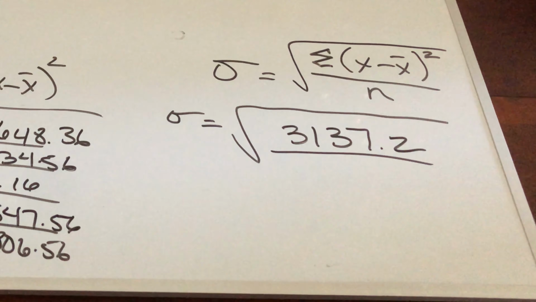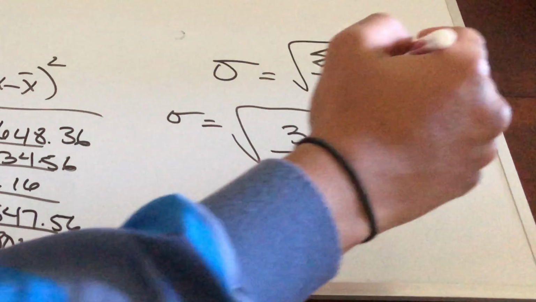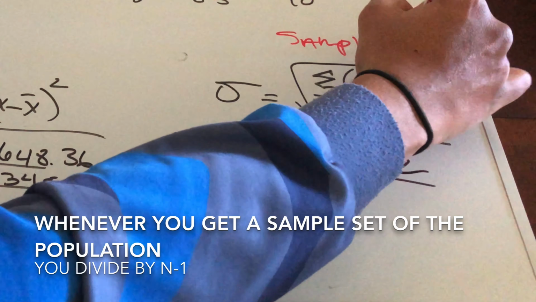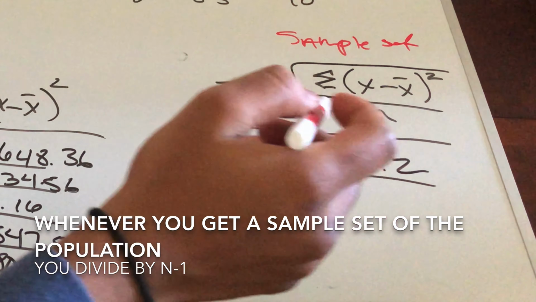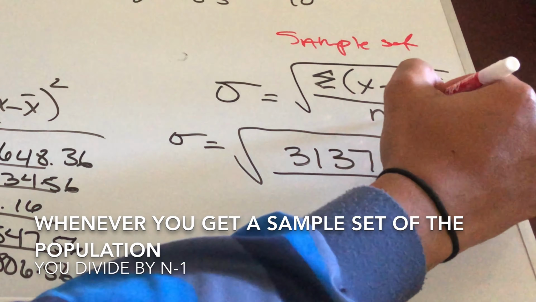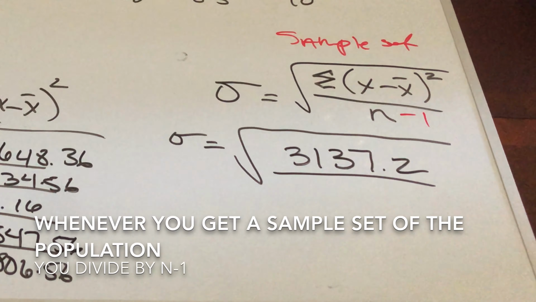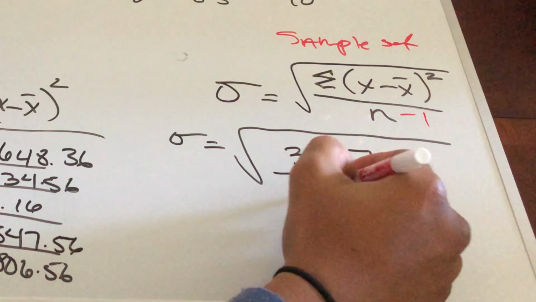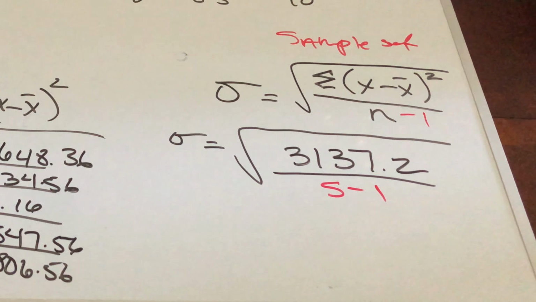Now, mind you, remember I told you the formula does change when you have a sample set of the population. Our sample set is only 5. So you're going to take n and then minus 1. So now we have 5 minus 1 in this case, which is 4. So you're going to divide by 4. So 3,137.2 divided by 4, you guys should now get